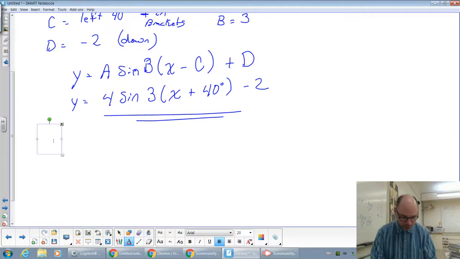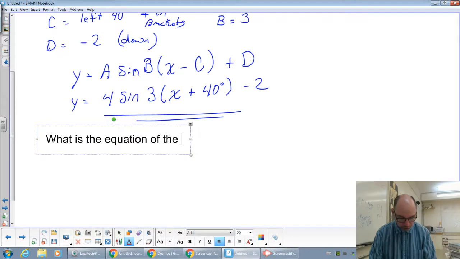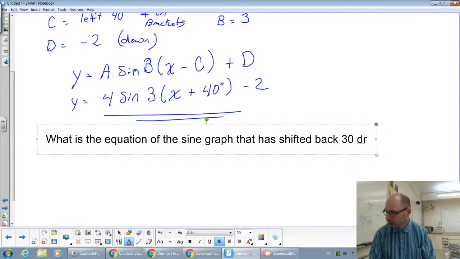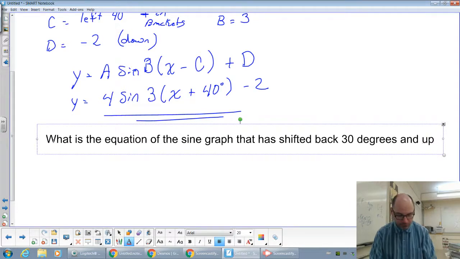What is the equation of the sine graph that has shifted back 30 degrees and up 2 spaces,